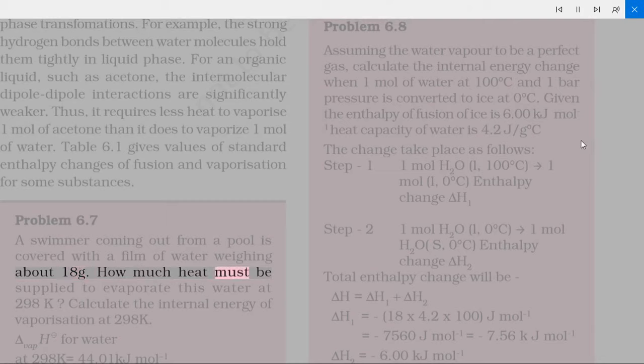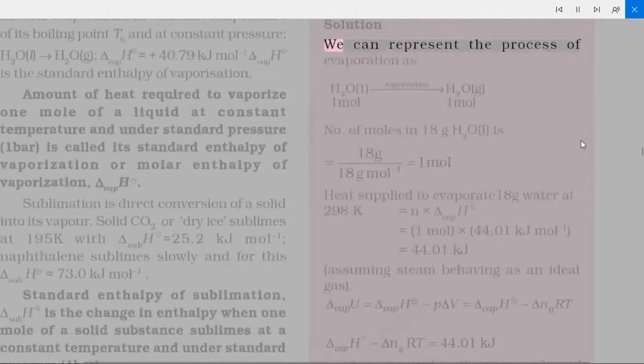How much heat must be supplied to evaporate this water at 298 K? Calculate the internal energy of vaporization at 298 K. Solution: ΔvapH for water at 298 K is equal to 44.01 kJ mol⁻¹. We can represent the process of evaporation as H2O(l)